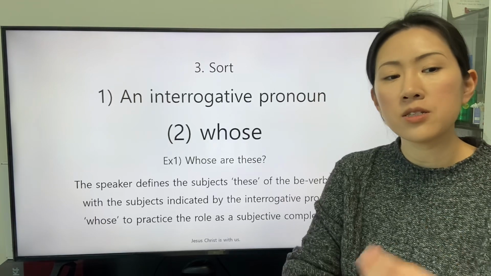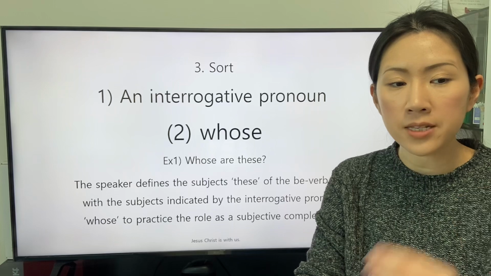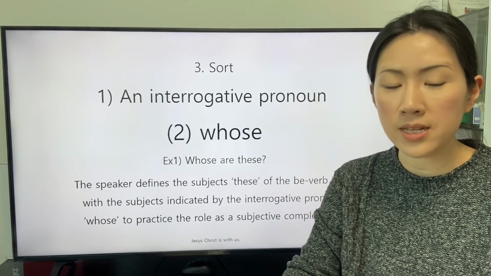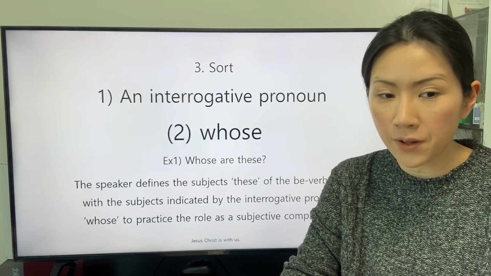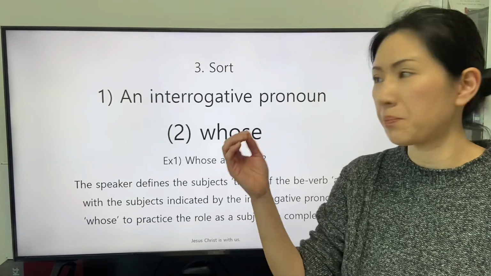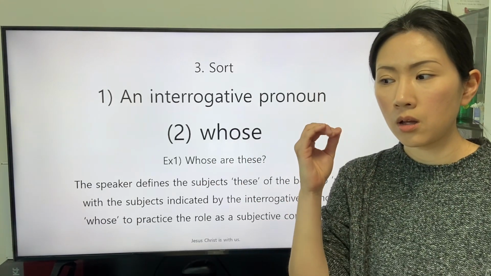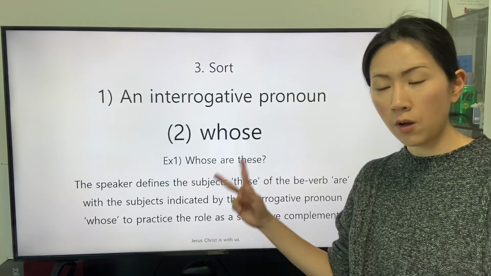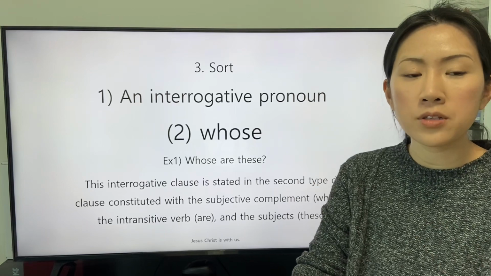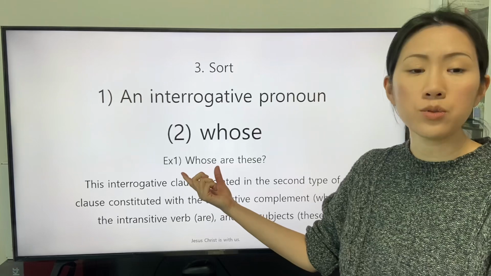The speaker defines the subject, these, of the be verb are with the subject indicated by the interrogative pronoun whose to practice the role as a subjective complement. The definition of the be verb are reveals the context about the arrangement of the two pronouns. This interrogative clause is stated in the second type of clause constituted with the subjective complement whose,